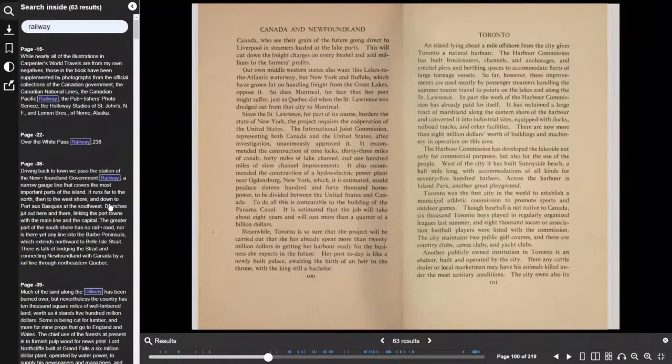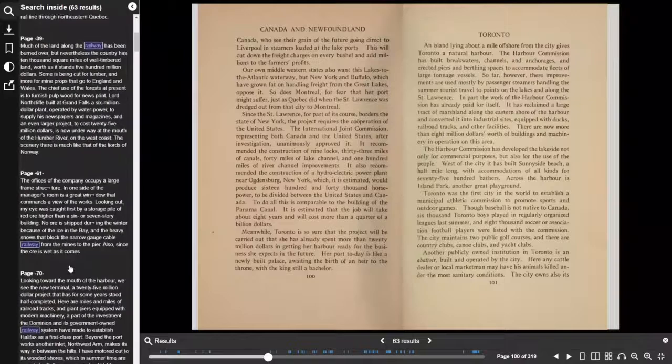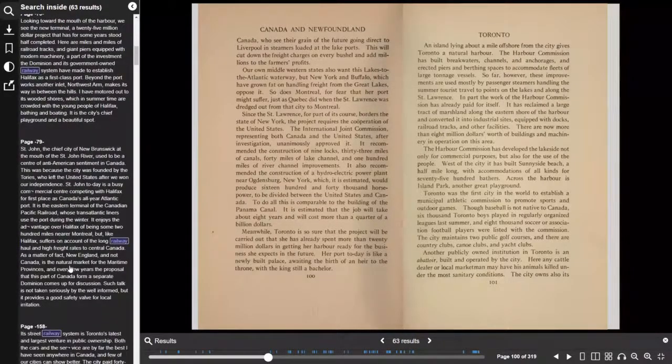When you used to do a keyword search in the Internet Archive, you'd see this visualization along the bottom of the screen that shows you the relative location of the matches in the book. If you hover over them, you can preview some of the text. But there's been a recent update that's improved the search inside functionality, adding this left-hand menu that gives you more text to browse. It provides really useful context at a glance and limits the number of pages you need to load to see whether or not a result is relevant.